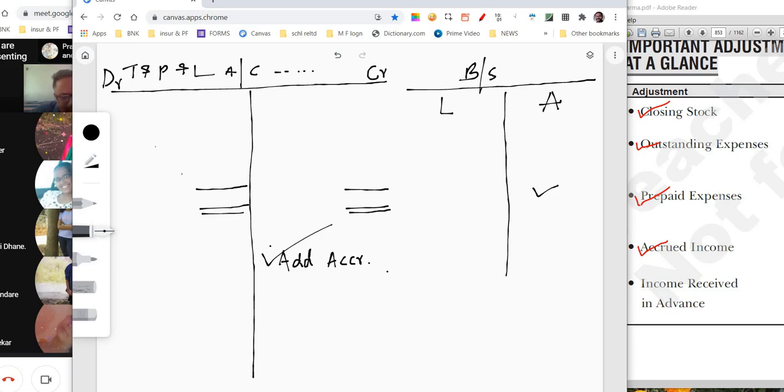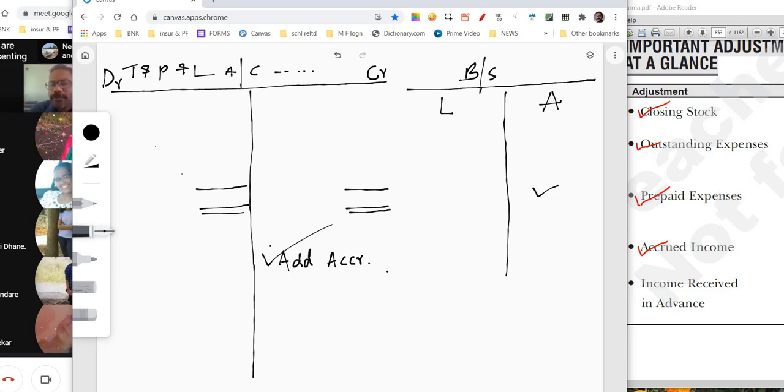Why is it an asset? Okay, I will tell you. Because you may not have understood the difference very clearly. The thing is that we will get it in the future. अभी तक नहीं मिला है लेकिन हमको मिलेगा. We will get it. We are going to get benefit. Whatever benefit we are going to get in the future, we call it an asset. That is why we write it on the asset side, dear students. Don't forget it. Okay.